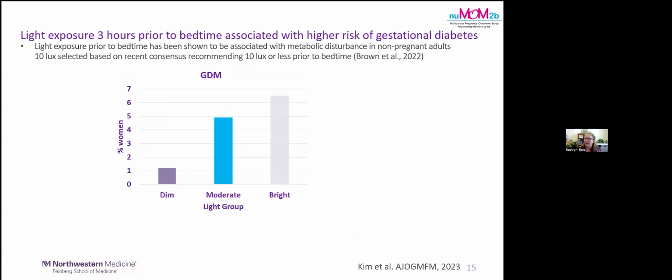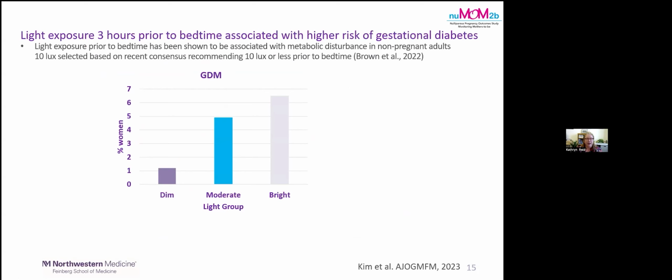And what we found is that light exposure 3 hours before bedtime was associated with a higher risk of gestational diabetes. We looked at light exposure above 10 lux, and the reason we chose 10 lux is that there are recent recommendations that light exposure before bedtime should be less than